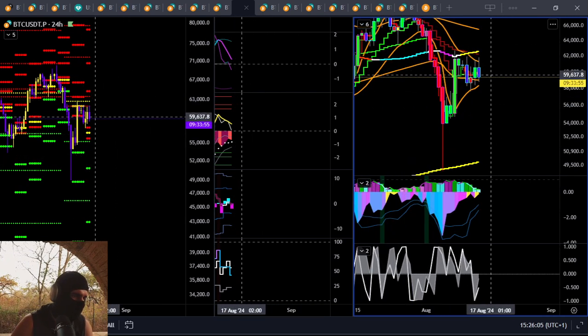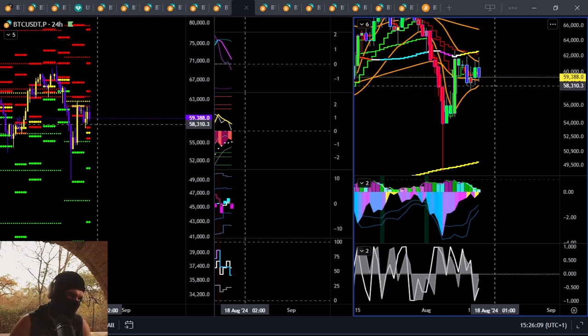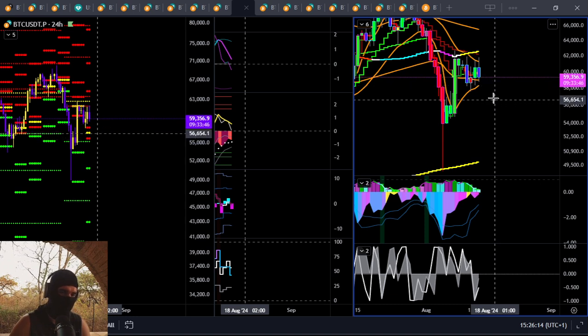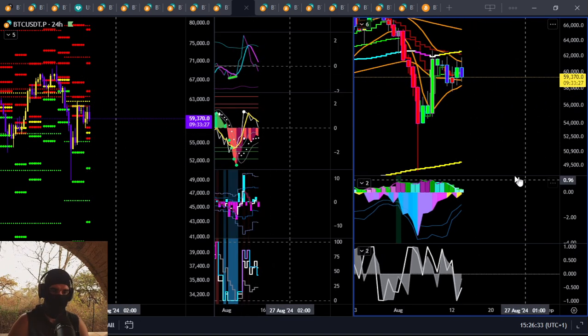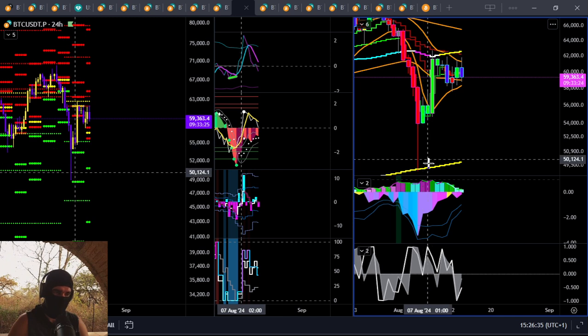Anyway, so failures below 59,103, another touch to 58. Close below 58,310. We have this target here that we pulled out on the 2-day at 56,807. I would like Bitcoin to touch that number, 56,807, and try maybe put in a hidden bull div there if you're bullish, all right? But currently, with the hidden bear divs on these higher timeframes, I think it's going to try push back through, all right?